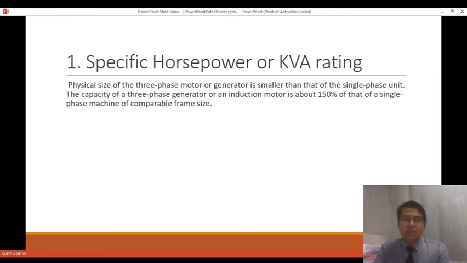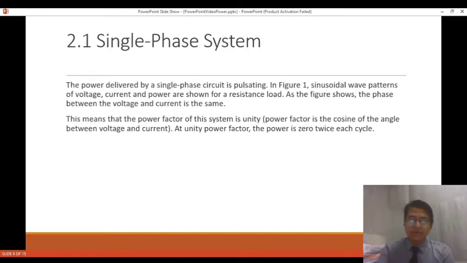For a specific horsepower or kVA rating, the physical size of the three-phase motor or generator is smaller than that of the single-phase unit. The capacity of a three-phase generator or an induction motor is about 150% of that of a single-phase machine of comparable frame size. Next,